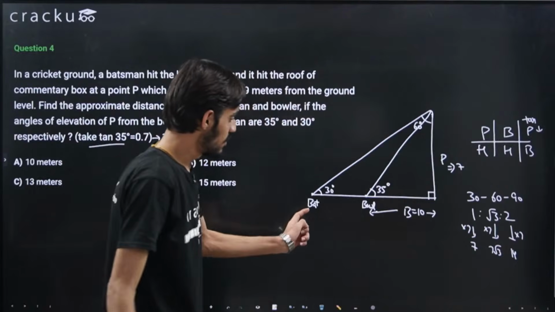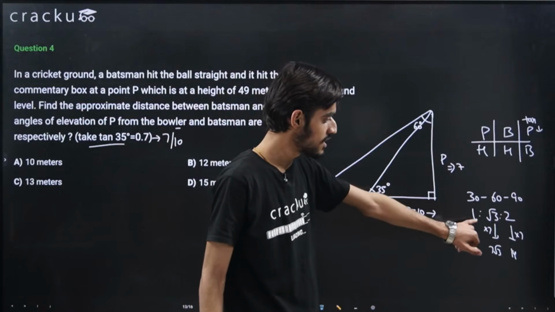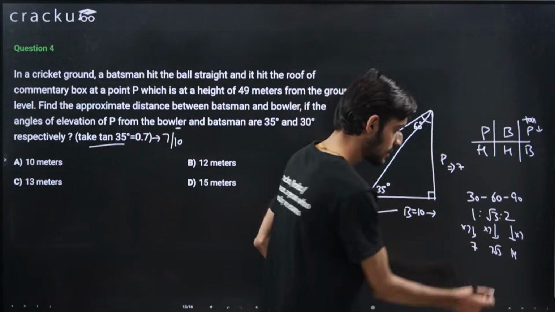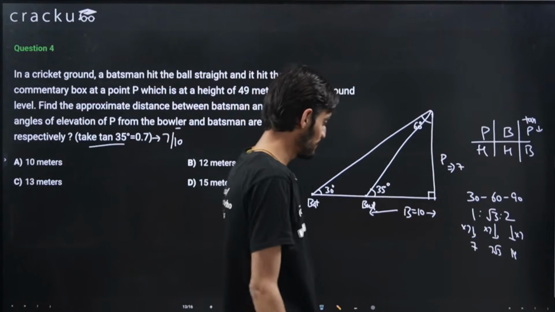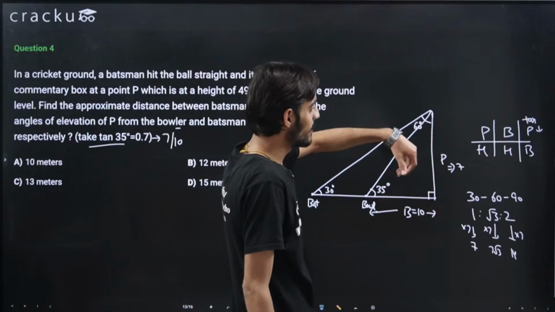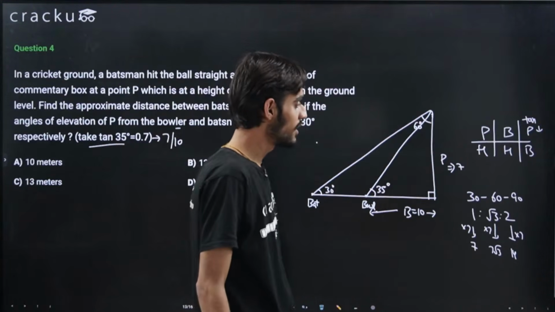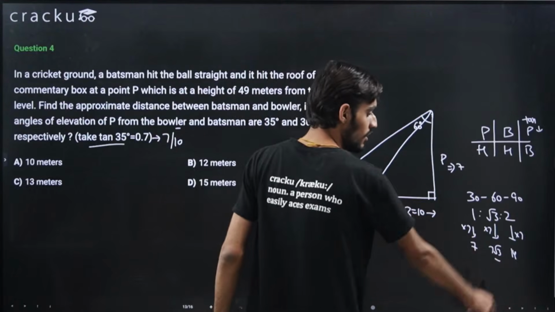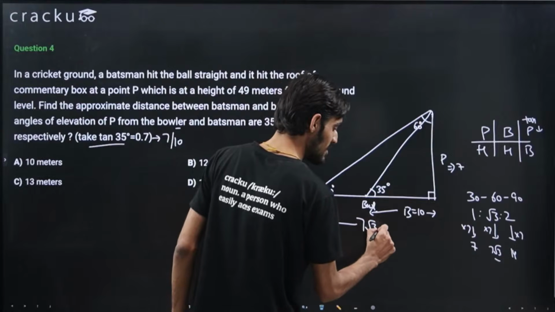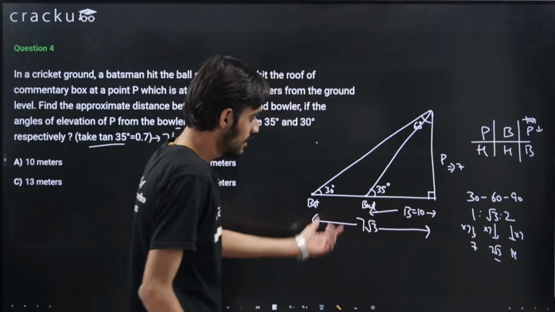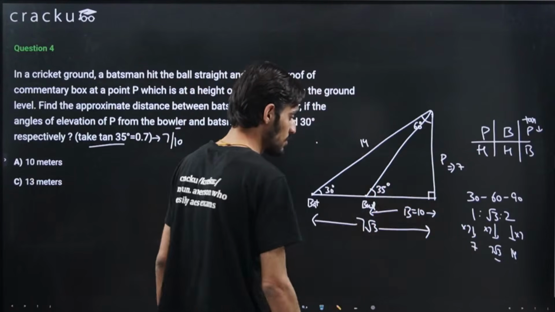Okay. Because the side opposite to 30 degrees is 7, we can just multiply the ratio and change the values, so that the values will be 7, 7√3, and 14. Now this angle is 60 degrees, so the side opposite to 60 degrees will be 7√3, right? So this complete side will be 7√3. This was in terms of ratios, and of course this value will be 14 in terms of ratios.